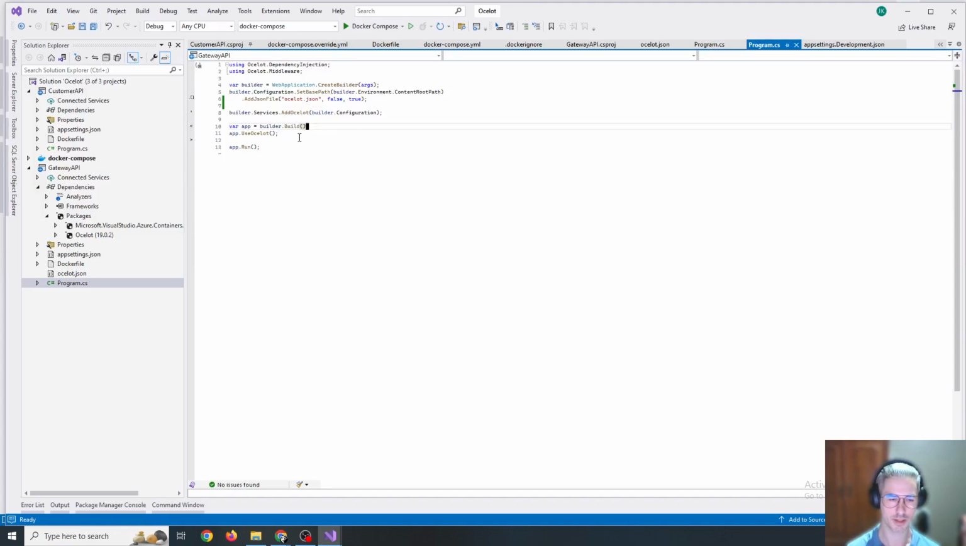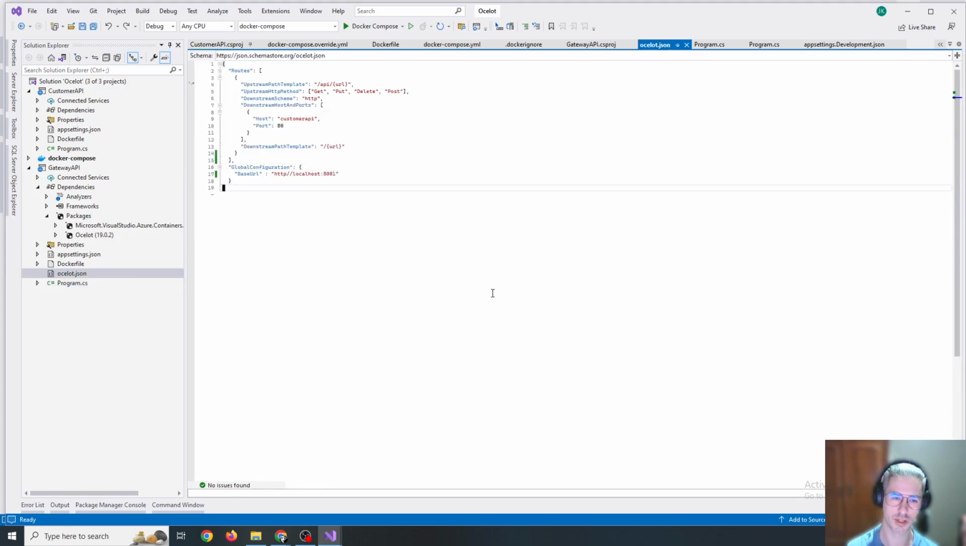This is the basic configuration of Ocelot. In the configuration, the crucial thing is to add the JSON setting, which I call in this presentation Ocelot JSON. We have to add the service of Ocelot and tell our app to use Ocelot. And let's look at the JSON that